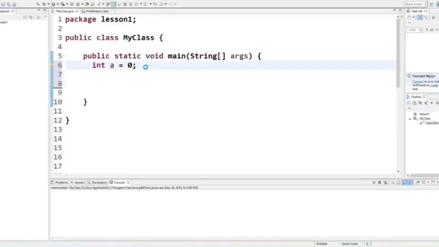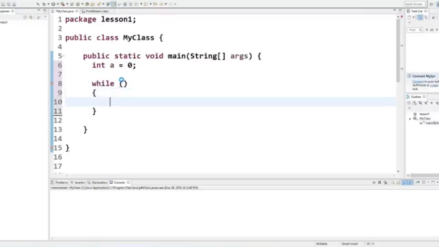Now I will give you an example. For example, I have an integer which I initialized to 0, and let's see first of all what is the basic syntax of while loop. While loop, as the name suggests, uses the keyword while and then these round brackets and then these curly braces we will use to execute your statement. Here comes the condition. It can be true or false. Whenever this condition is true, it executes your code here, and as soon as this condition becomes false, then this